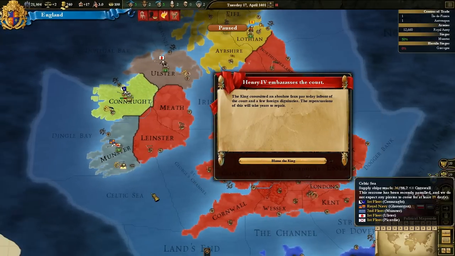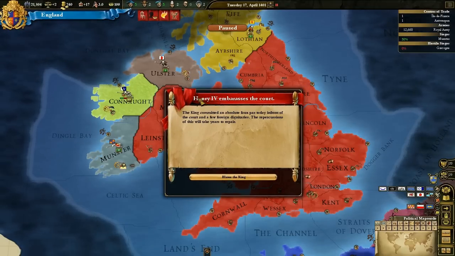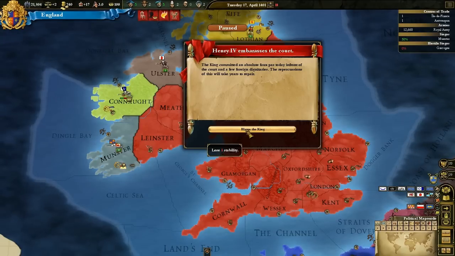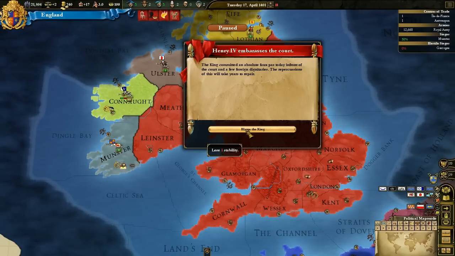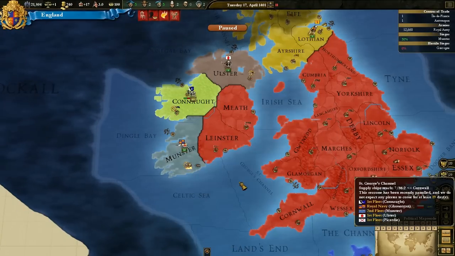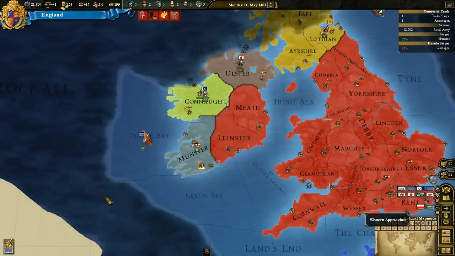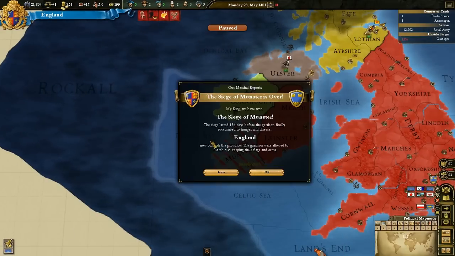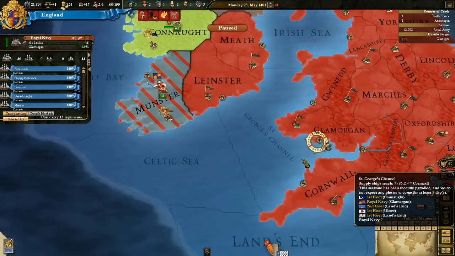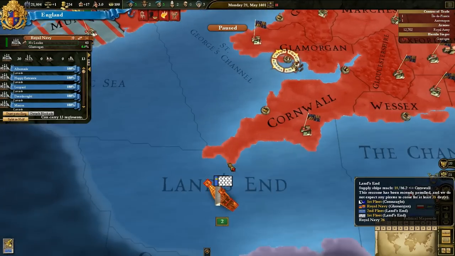So we've got another random event here. You know, you have no effect over these; it will always happen. So we've got here Henry IV embarrasses the court, and we've only got one option here. So as I click it, that means we lose one stability. I'm not too happy about that, but you know, there's nothing that can be done. So that probably won't happen to you, but they're already asking for peace, but it's not going to happen. There we go. We've quickly finished the siege of their province, and just noticed